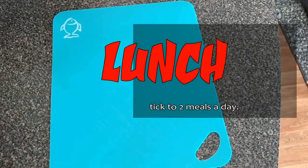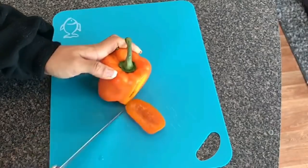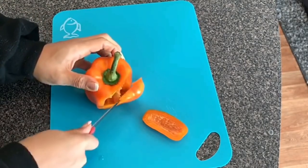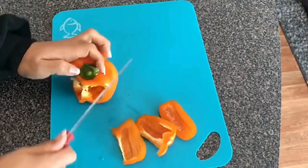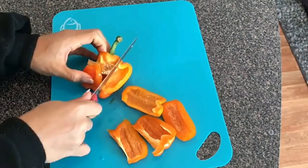So for this curry recipe, I'm honestly just throwing together some stuff that I already had in the fridge that was either going bad or I just needed to use before. Yeah, it was going bad. So I got